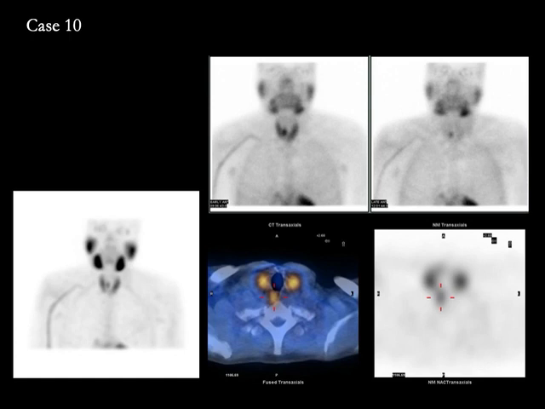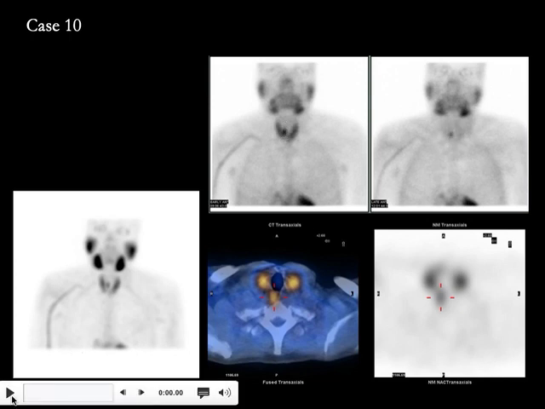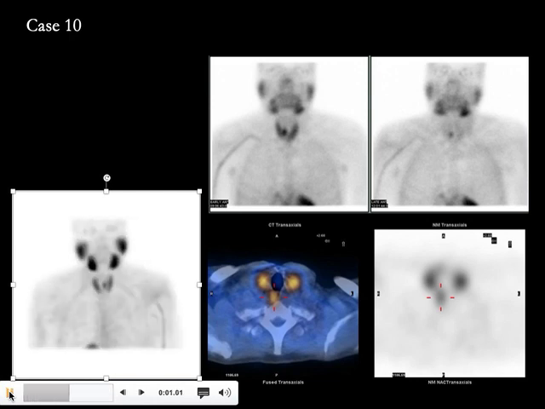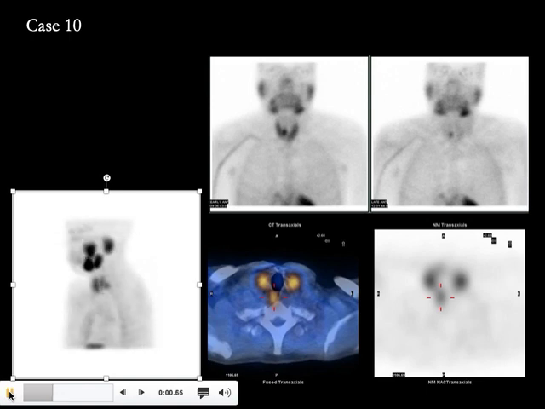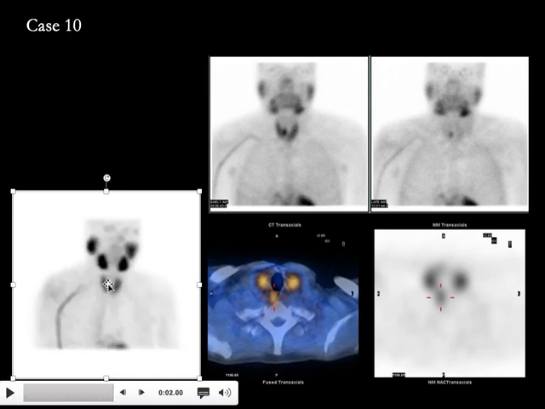Case number 10. Here we did a SPECT and the SPECT CT. Here is the early image showing a focal uptake which persists on the delayed images. And here's a SPECT image, the rotating image. Let me play it one more time, showing the location of the abnormal parathyroid tissue,